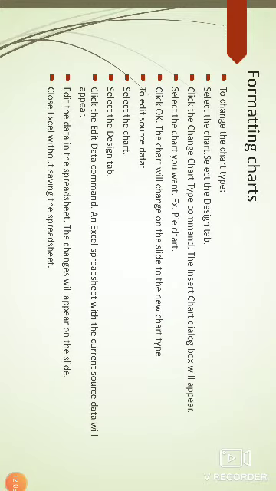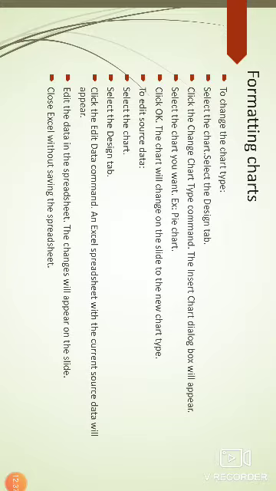Next, formatting charts. First we have to change the chart type. For this, first select the chart. After that, select the Design tab. Click the Change Chart Type command on the ribbon.